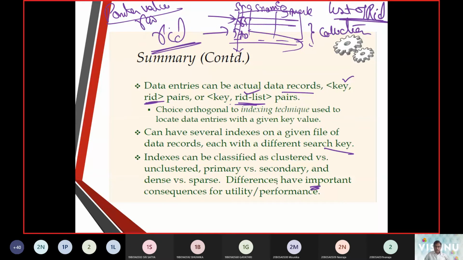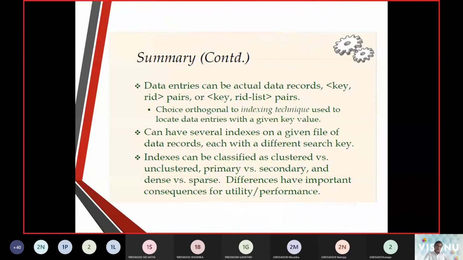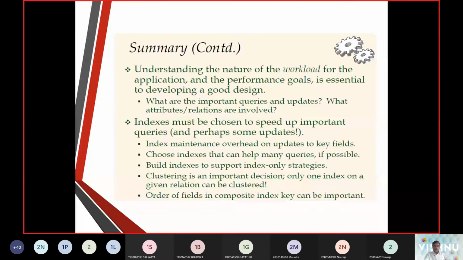So indexes, as mentioned, can be a primary index where it is going to take only the primary key. Second, we call it a secondary index. It can be primary or it can be a candidate key. Any of these items can compose it. And it works efficiently with unclustered values. So we call that a secondary index. So when an index is taken up, where we sorted the content, that is a clustered index, and where we take up the unsorted items, we call it an unclustered index.